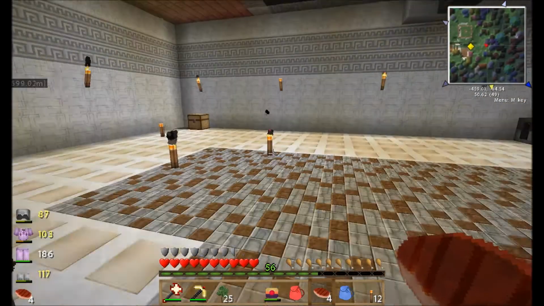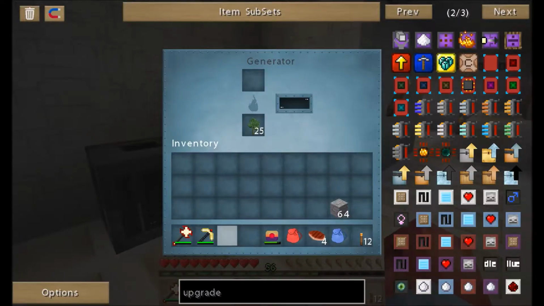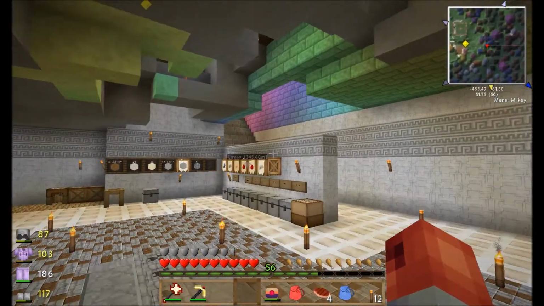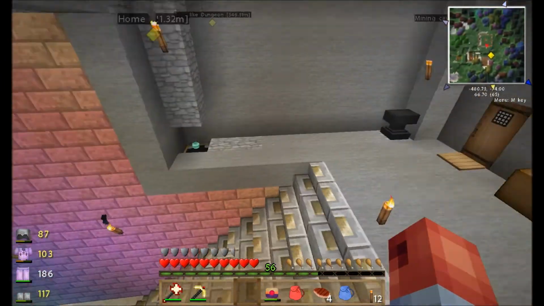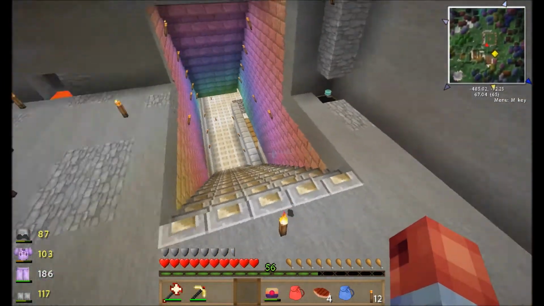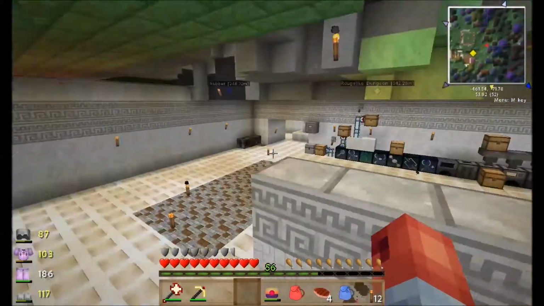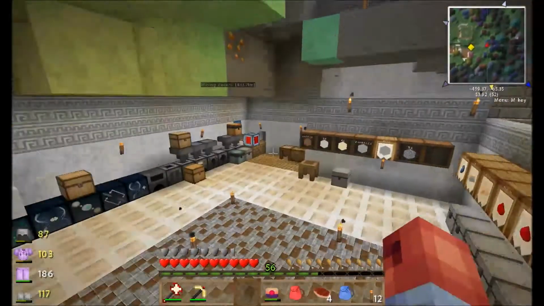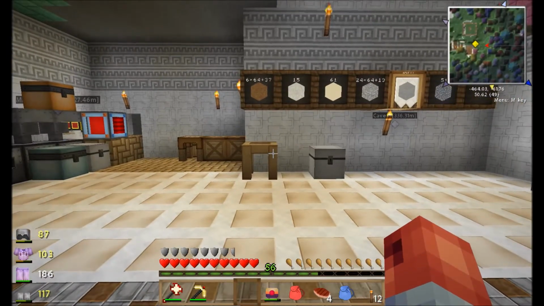Alright, so we also restructured this a little bit so that it's a little better for flying. I just knocked back the stairs a ways and extended the opal just so that it's a little easier to fly down here because flying's faster. Let's see. What else? I need to make...